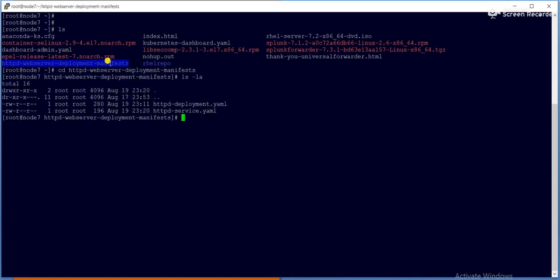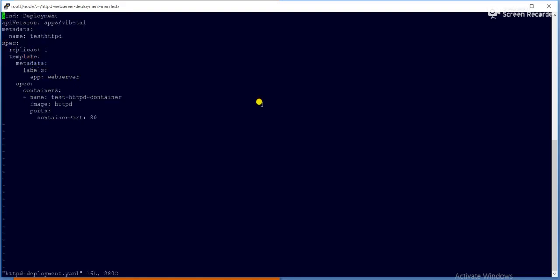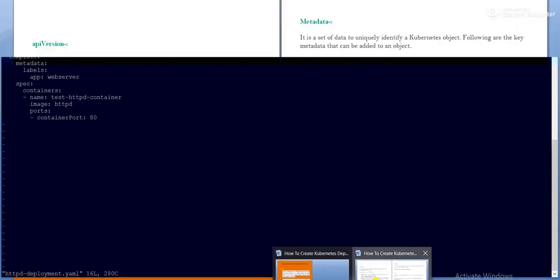So inside, okay, there are two deployments, one for the deployment, and another to create an endpoint for the particular application. Okay, so if I go to this YML file, there are two YML files. So for the deployment, we have used kind equal to deployment. I have already explained that, right?